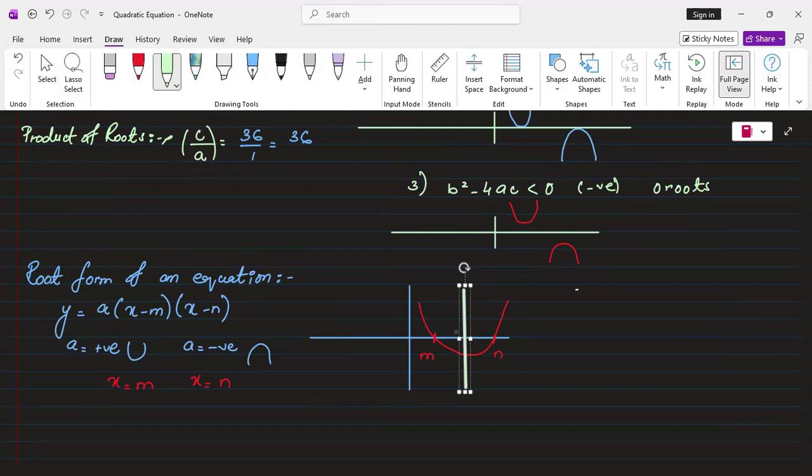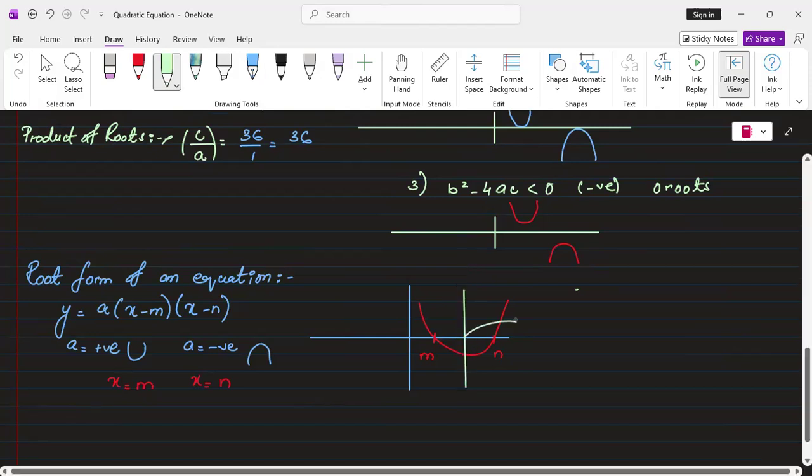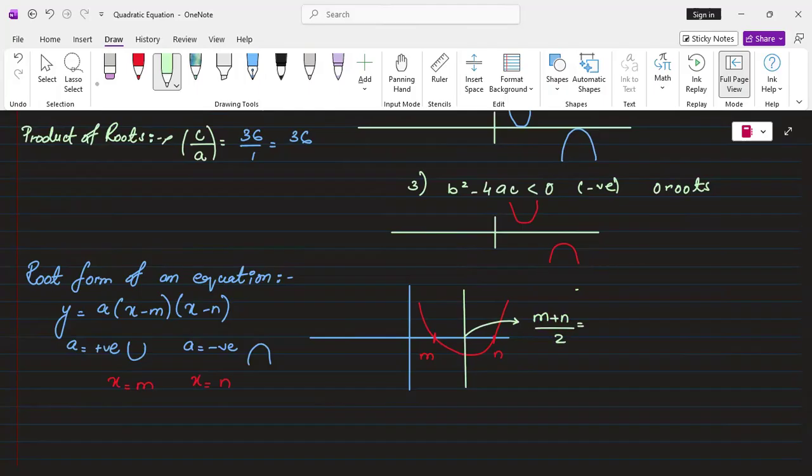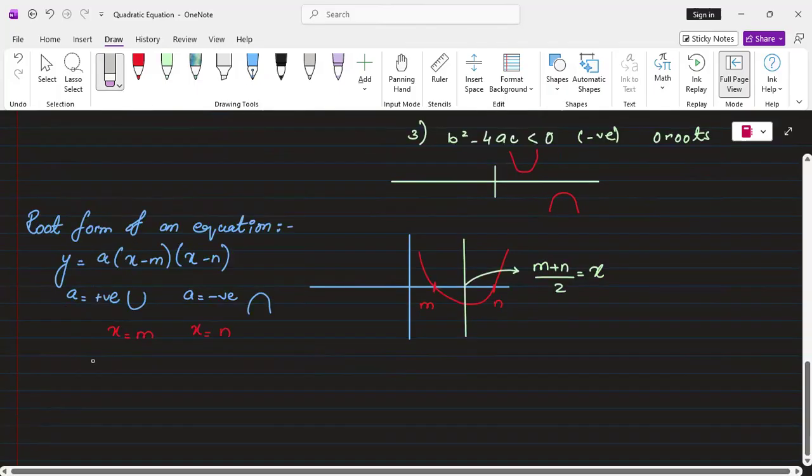So I can say that the x coordinate of this specific point should be the average of m plus n upon 2. Make sense, right? Now, just to give a realistic example, let's say I have got an equation which is